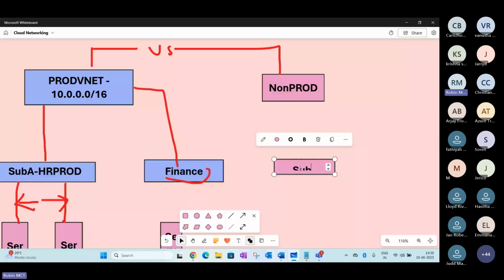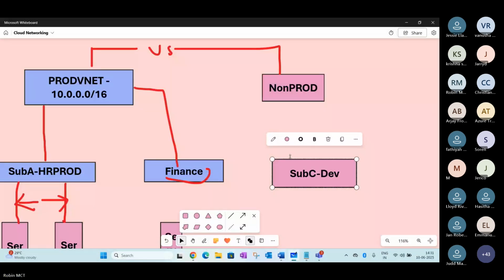You may have such a requirement. Think of a situation where your production servers are hosted in a prod VNet and your application server is in another VNet in the same location. You may remember in an on-premises or legacy scenario, we used to enable switch-to-switch communication with the help of a concept called routing, right?